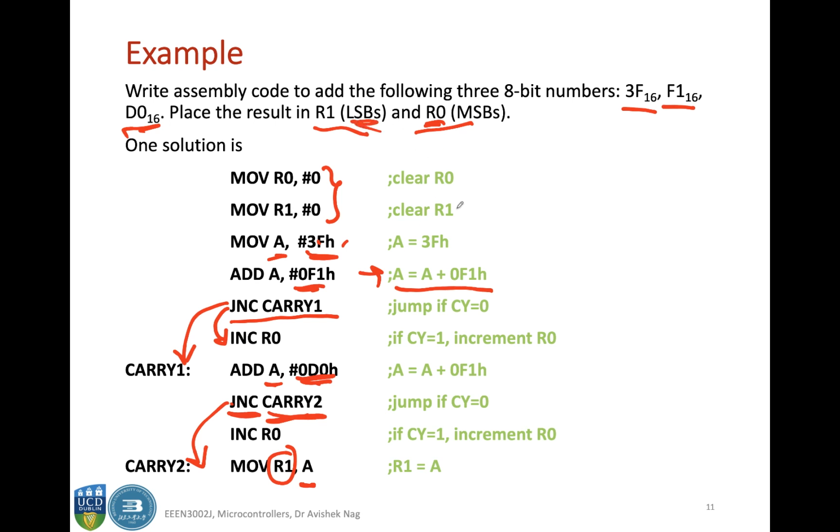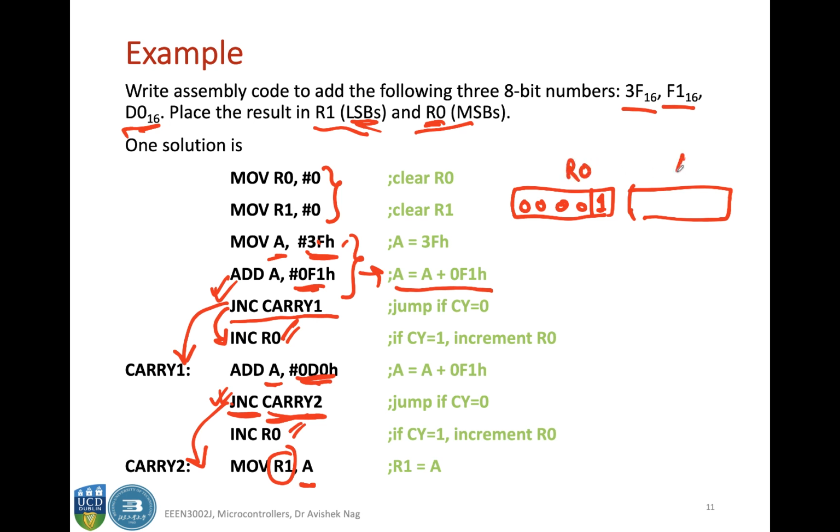Those are the LSBs. But you are checking the carry flag twice, once here after adding the first two numbers and another time here after adding the third number, and each time if there is a carry you are incrementing R0. So every time there is a carry you are incrementing R0. So if your R0 is like this, and let's say after the addition of the first two numbers there was a carry, so it would be here, and the rest of the numbers will be all zeros, let's say. Okay, and this was your accumulator, which is finally moving to R1,